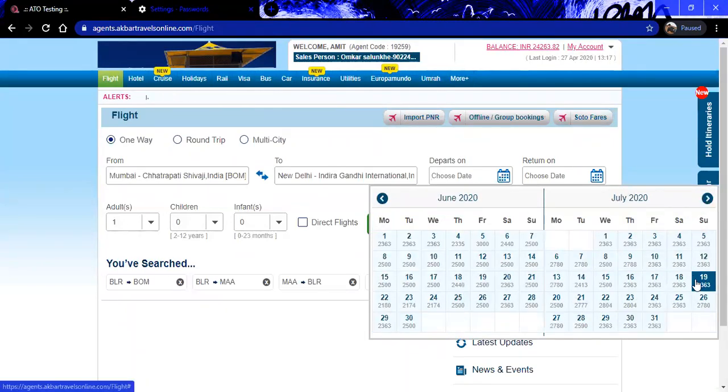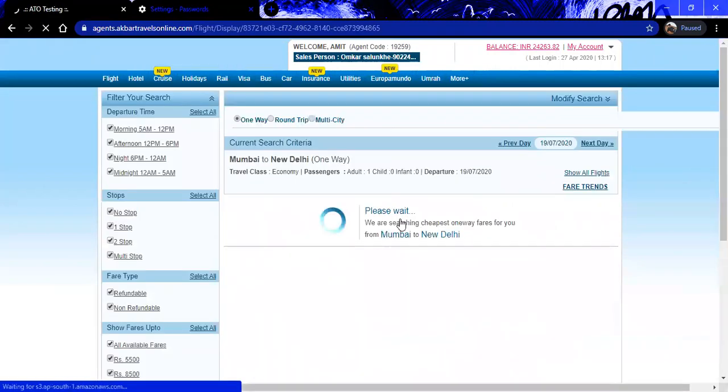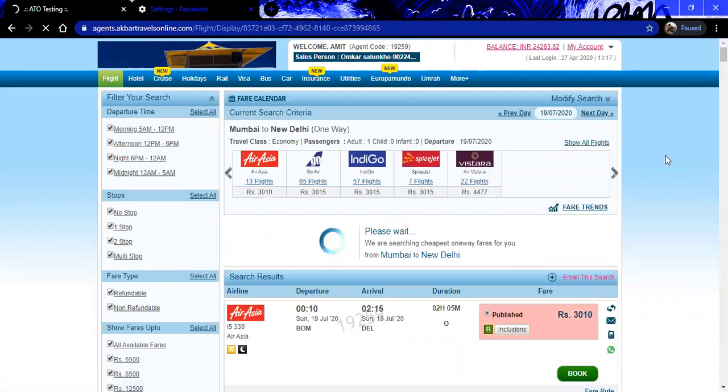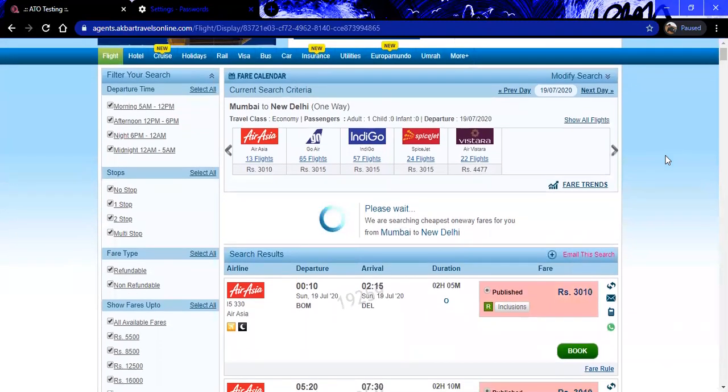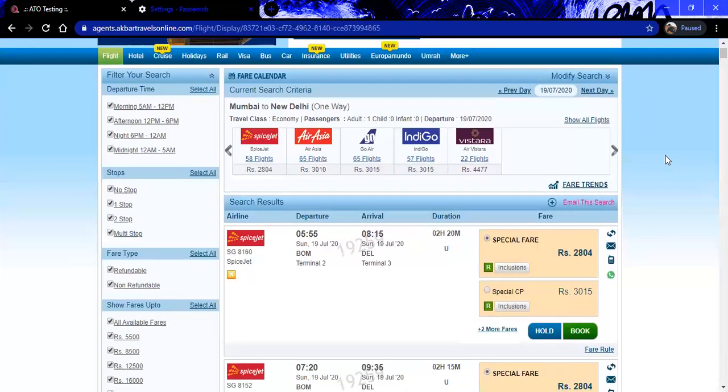Okay. So I am just taking a random date for you and going ahead. Clicking on the search. The system started searching and it will come to a page which is called the availability page. Okay. So this availability page will be displaying some filters over here. On the left-hand side, you will see the filters provided, which is an easy form for an agent to search according to the timing, according to the stopovers, according to the fares,